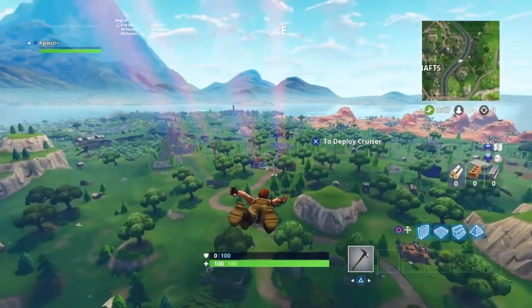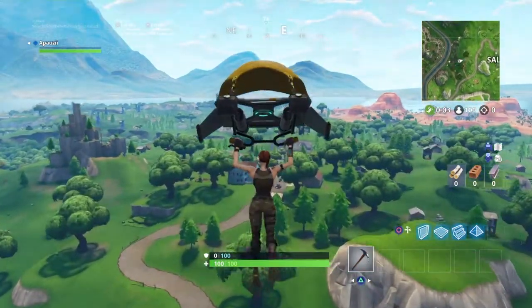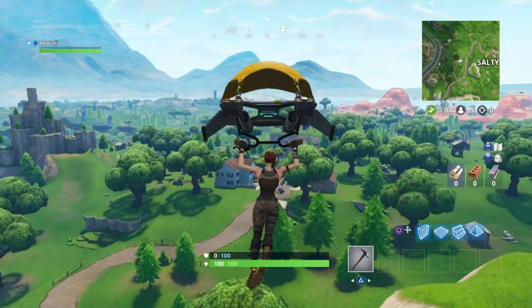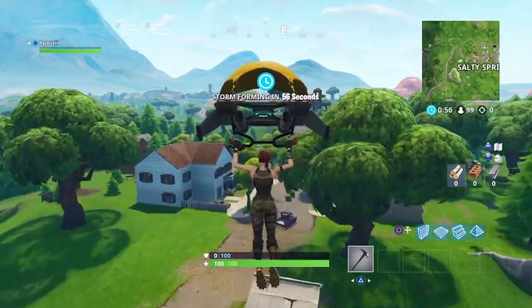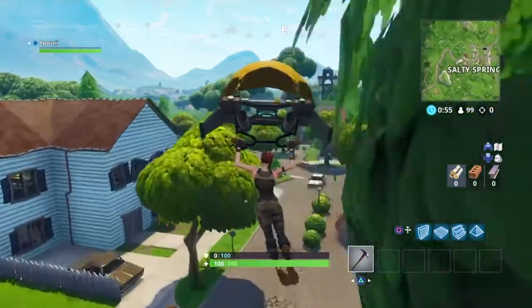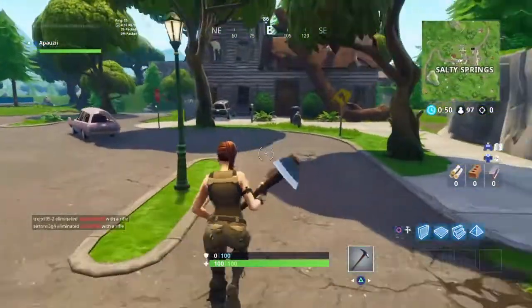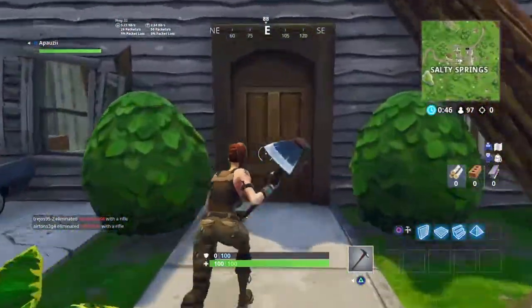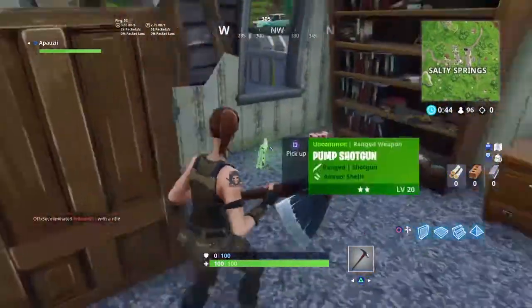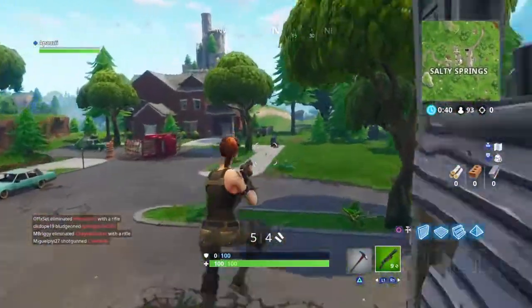Now here, you're going to see that when I land, I kind of messed up my landing, but that's because I was on my phone. Usually, if you're comfortable at a spot, you're obviously going to know how to land there. But since I was looking at my phone, we had to go to Treehouse, grab a gun, and then go to the house that I usually land at. So you're going to see me open the door, pick up the pump shotgun, and then run my way over to